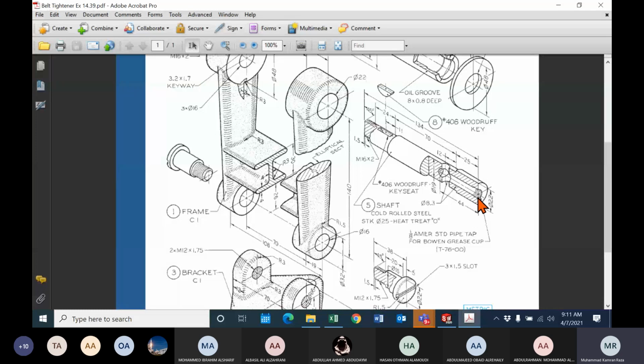Plus, see this hole, it does not have complete threads. It is only at the beginning, for a small depth. This is also standard. We will only take this 1/8 inch pipe thread. The remaining thing, how much is the depth, will be selected. But the total depth of the hole you have to select. This is how much? 44. So we have to select this ourselves. I will show you how to make this hole.